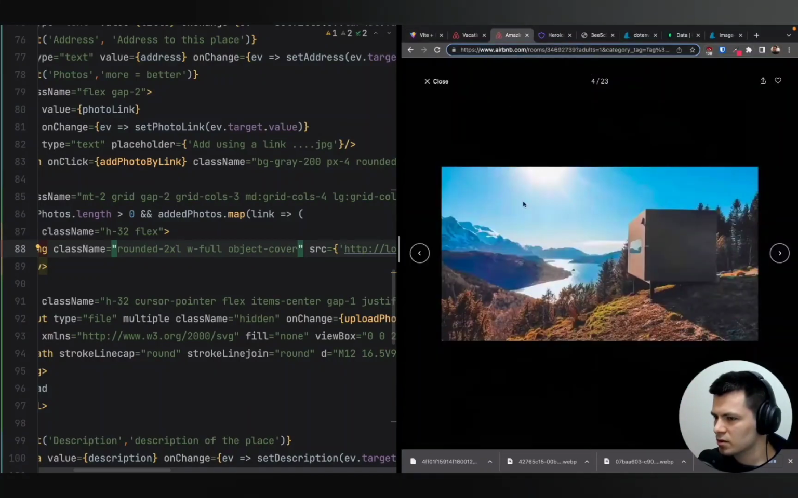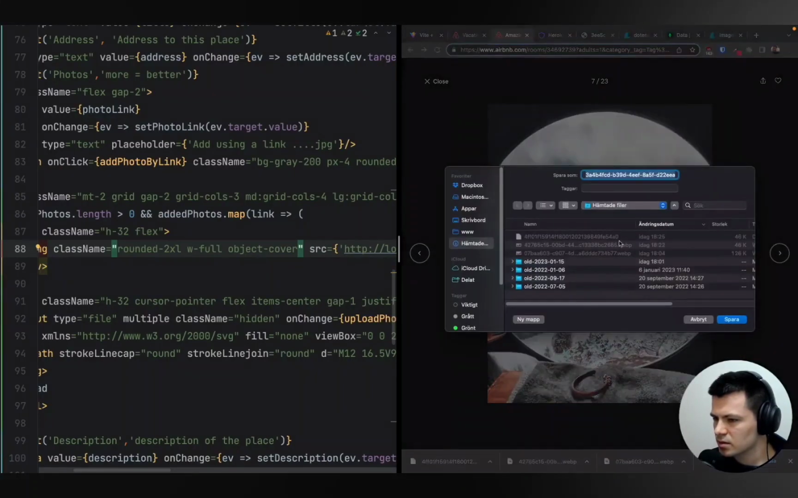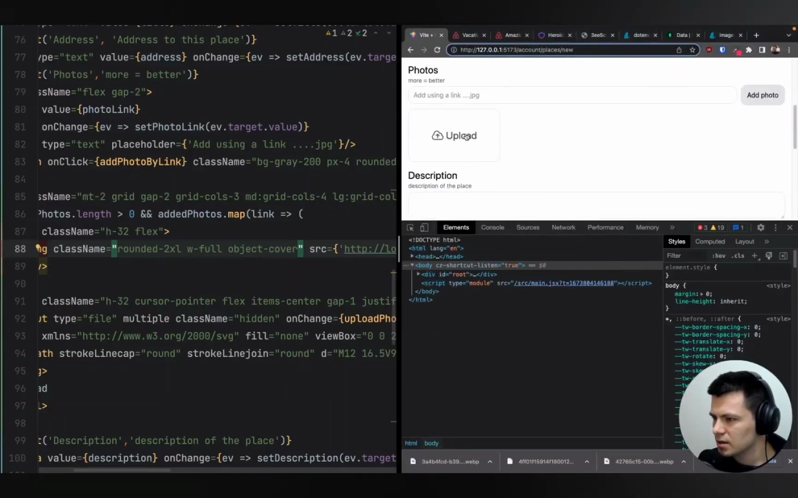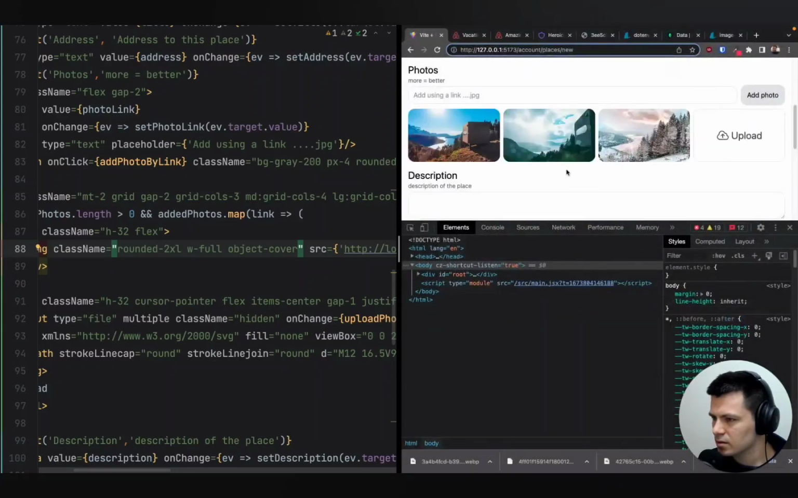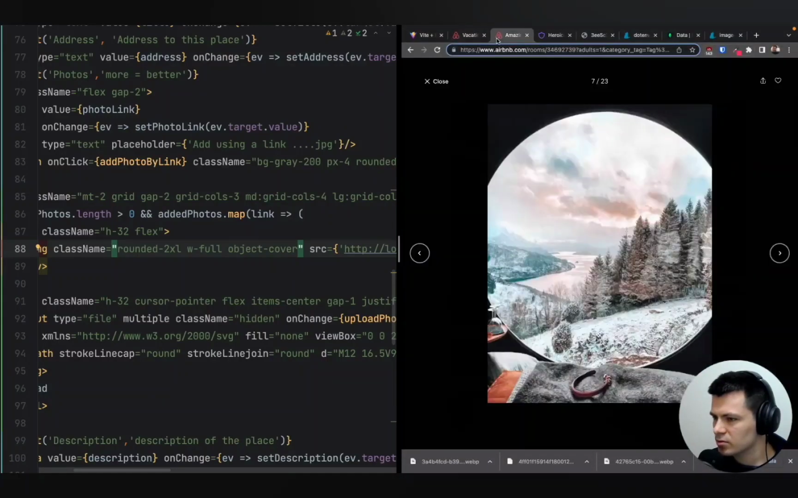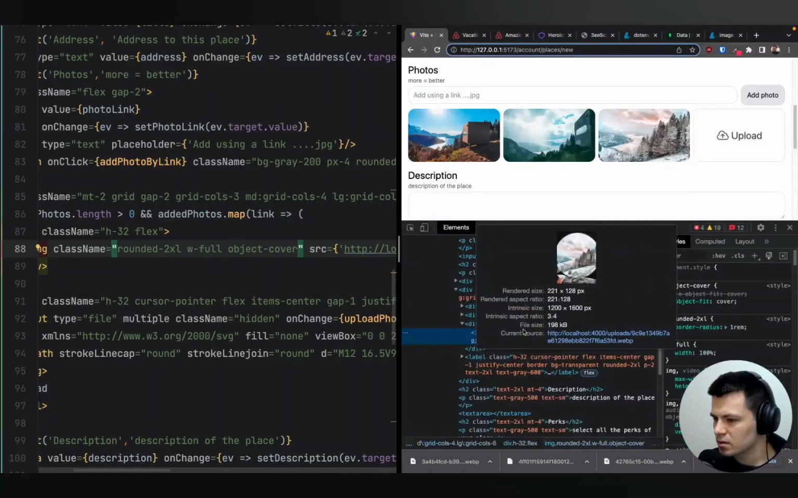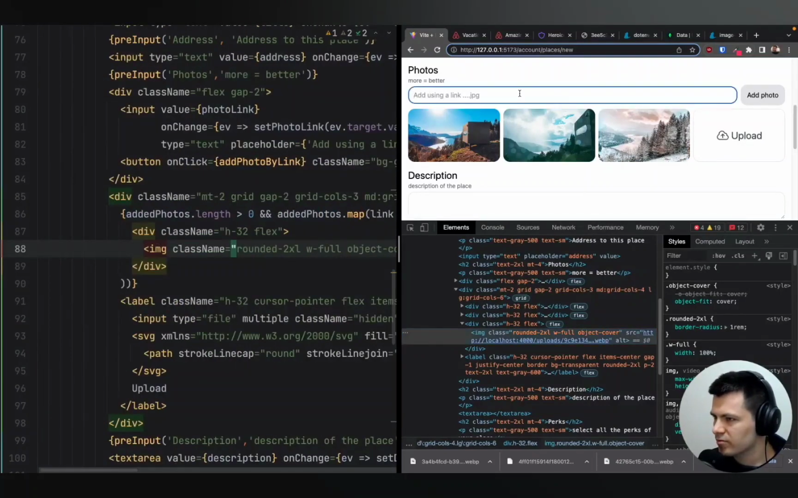Maybe I will download a photo that goes from the top to the bottom. Let's save this one. I will reload, and let's upload those three photos to see how this will look. Okay, so I don't know what photo it was. Oh, okay, it was this one. I think it looks good. All right, so upload works, both from the link and from the upload button,